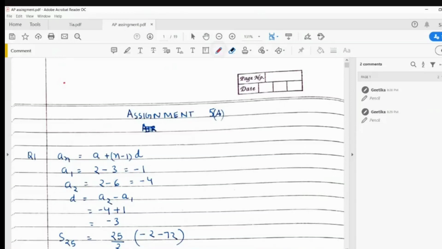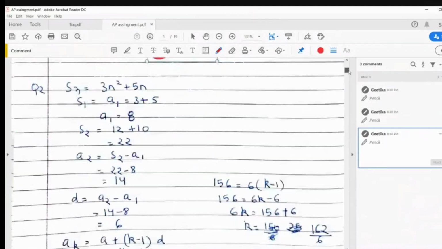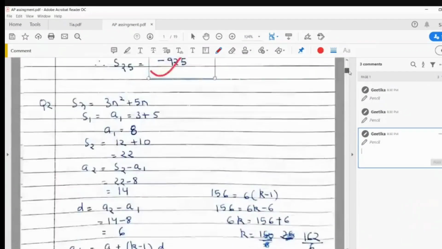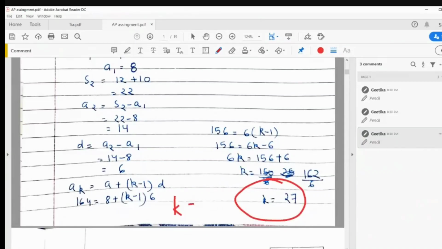I go again to this pencil, I click it, and I can scroll the work down. I see it's all correct, so I can just tick mark that yes, it is done correctly. I go on to the next question and see where the child has made a mistake. Supposing the child has made a mistake here, I just encircle this to show that this is incorrect. The answer should be K is equal to minus 27, for example, I'm just taking an example. So I write the corrected answer here and I can go ahead.